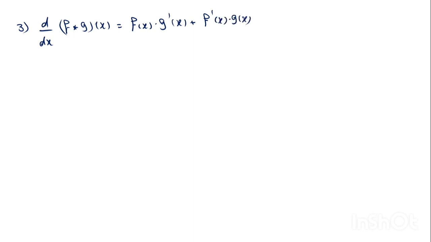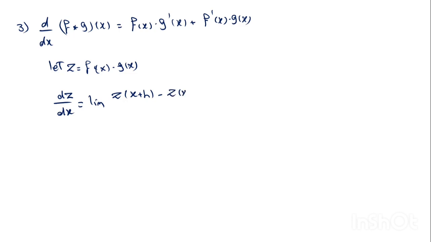We let z to be f of x times g of x, then dz by dx is equal to the limit of z of x plus h minus z of x over h as h tends to 0. This is equal to f of x plus h times g of x plus h minus f of x g of x, all over h,